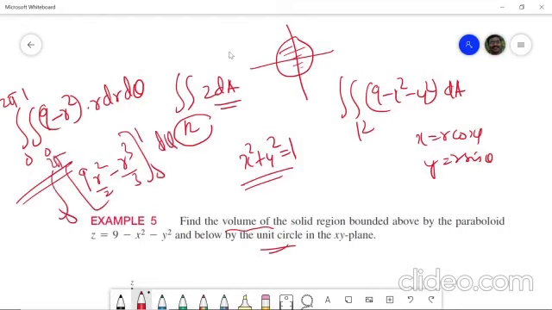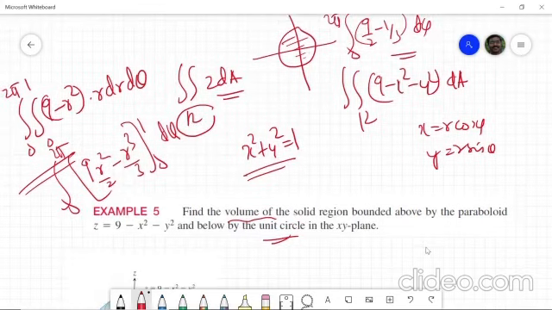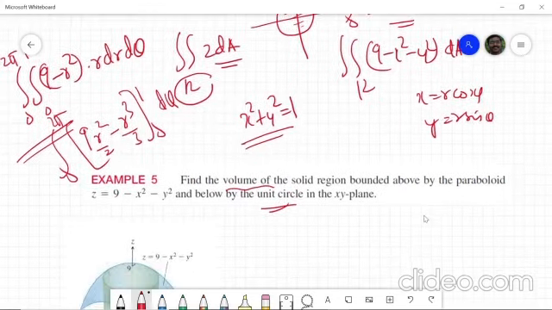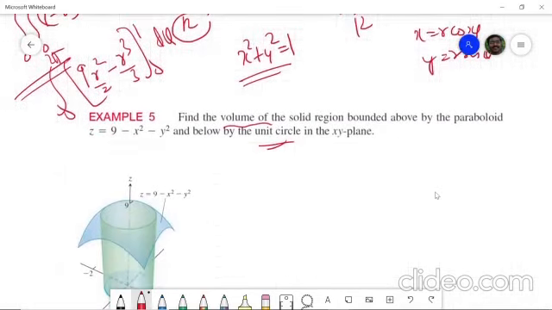Okay, so you just evaluate the rest also. It will be simply 9 by 2 minus 1 by 3, now with 0 to 2 pi. Then you can evaluate d theta also. So it is a straightforward calculation, please complete it. I hope you understand. This problem has been made easier since there was x square plus y square and you converted everything into polar coordinates. So it is very much easier to compute this.